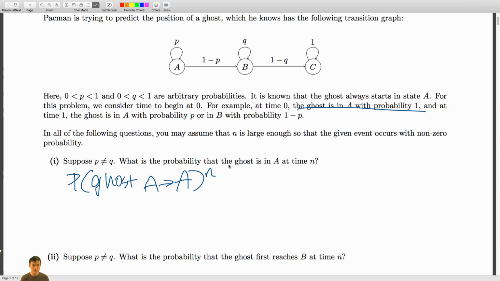Because at the first time step, the ghost will be at location A, and then every time step after that, for n time steps, the ghost is going to transition to the state A itself. And so the probability of that is simply equal to P to the